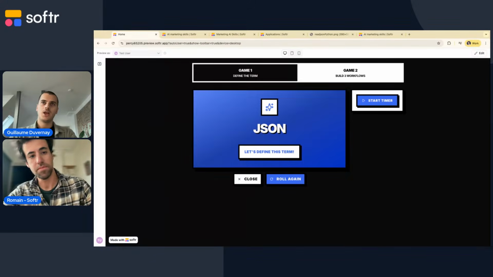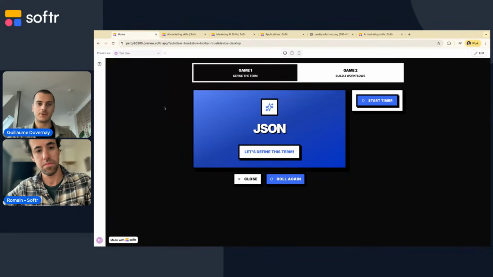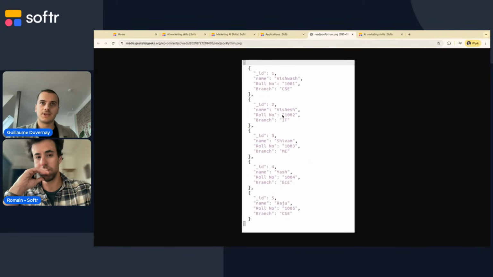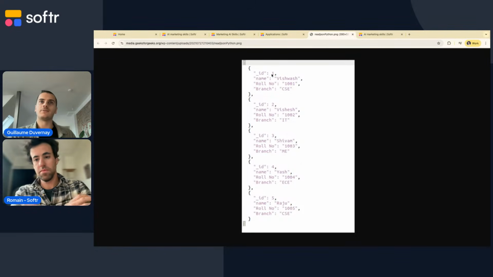Yeah, and I am myself not a technical person, and I got interested in learning JSON, especially to build more advanced automations. And in the end, once you understand the patterns and understand that you always have this what we call the key, and then you have different types of values, so either a number or a string or another array, etc. You start to understand how this works, and it starts to make sense.